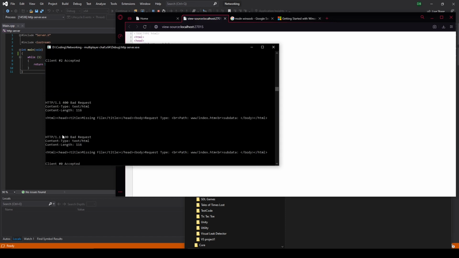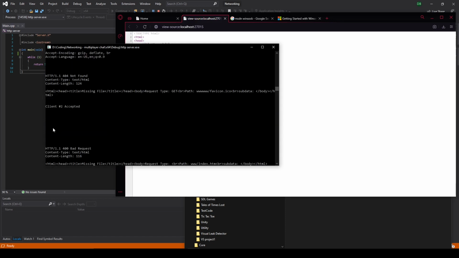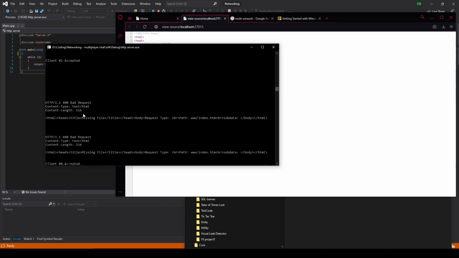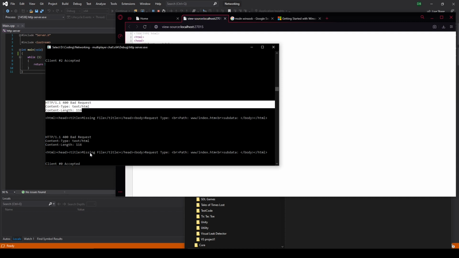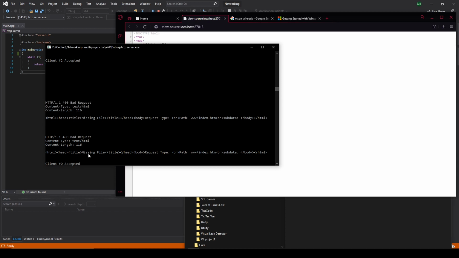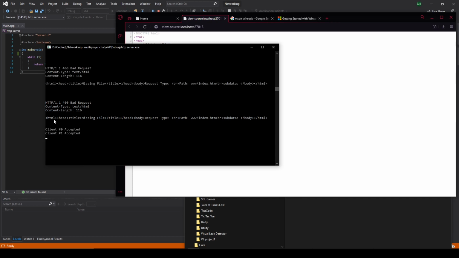So it sent some kind of message that was empty, and the server is looking at the message that it gets, and it's like the message is completely empty. What the heck am I supposed to do with it? And the path would be the default path always if there is no path. If the path is empty, it's just going to be here. Subdata is also empty,